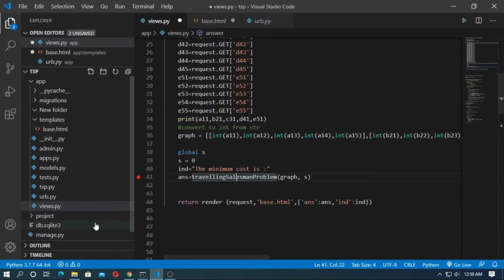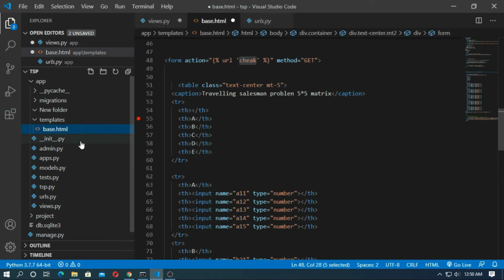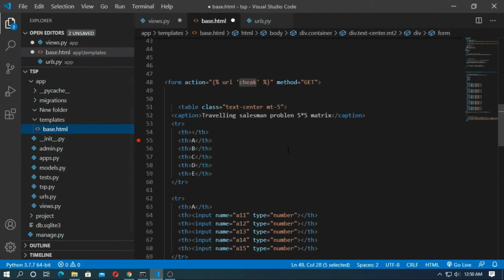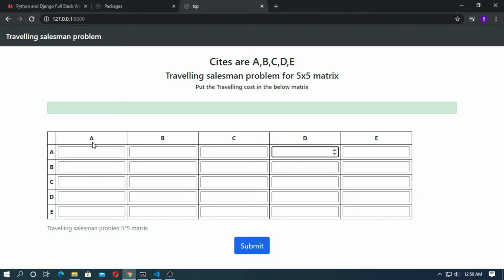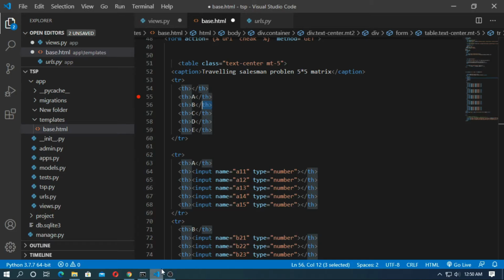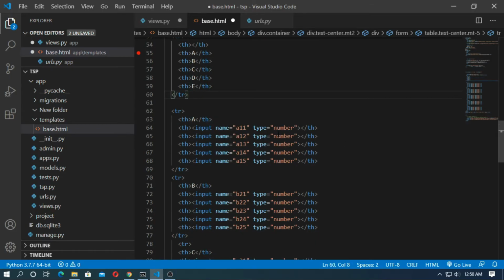So go to the templates of the project inside the application, and here I created a table for the traveling salesman problem 5x5 matrix, and here are the 5 cities A, B, C, D, E. Next we grab all of the values input by the user, and we use the name attribute, and inside the name attribute we use the variables A11, A12, A13.